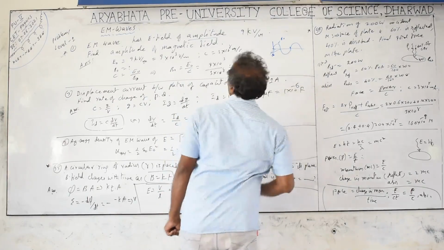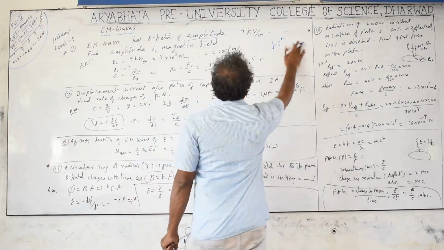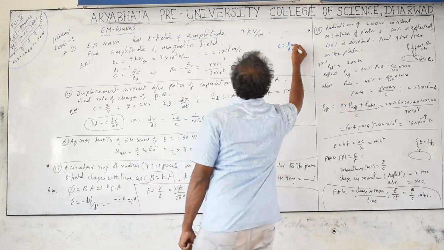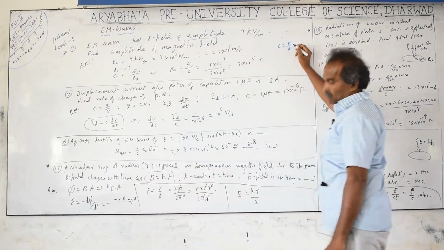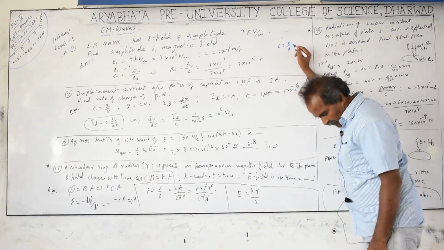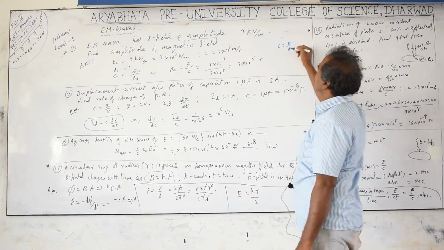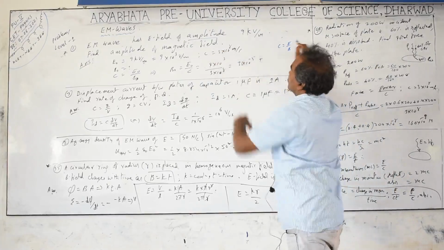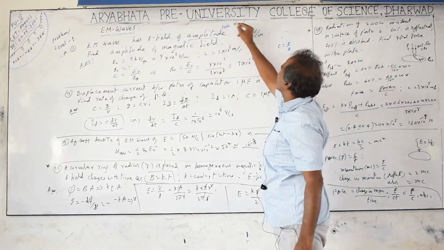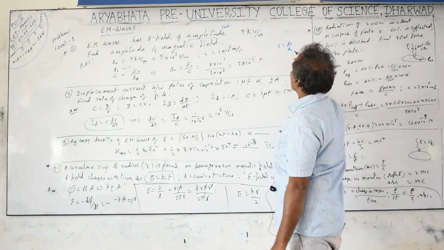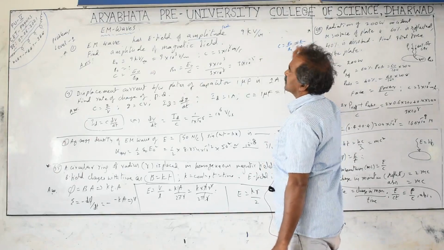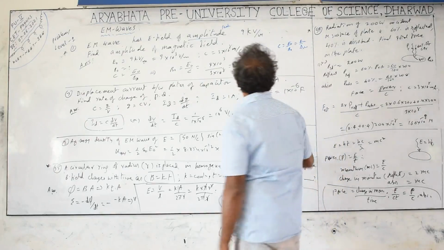Next is the relation between electric field and magnetic field. The relation is C equal to E by B. If they give the electric field, they ask for the magnetic field and vice versa. If they ask in terms of instantaneous values, or if they give peak values, amplitude means peak values, so it is E naught by B naught. If they give RMS values, it is E RMS by B RMS. Same relation, you take the ratio, that is also equal to C.